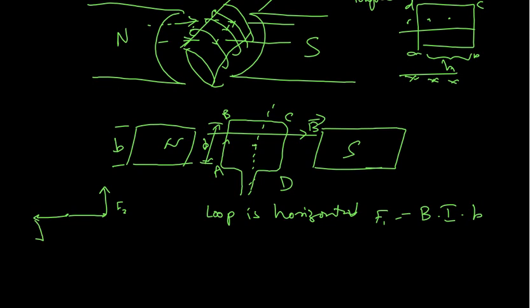They are opposite, but they are at a distance of a by 2, because we consider the distance between this and this to be a. Therefore the total torque, which is anti-clockwise,